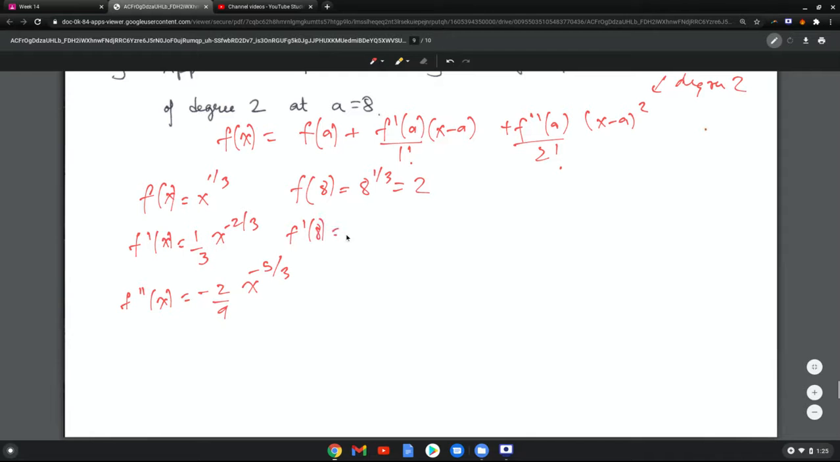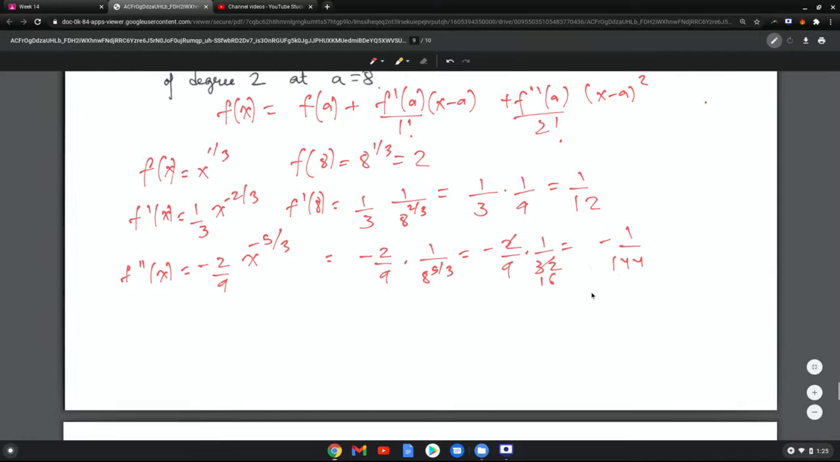We need f prime of 8, which is 1/3 of 1 over 8 to the 2/3, which is 1 over 3 times 1 over 4, which is 1/12. Then we have negative 2/9 times 1 over 8 to the 5/3, which is negative 2 over 9 times 32, that's negative 1 over